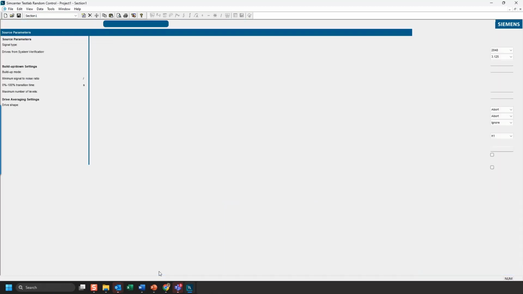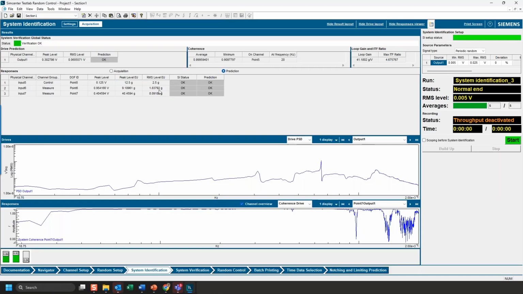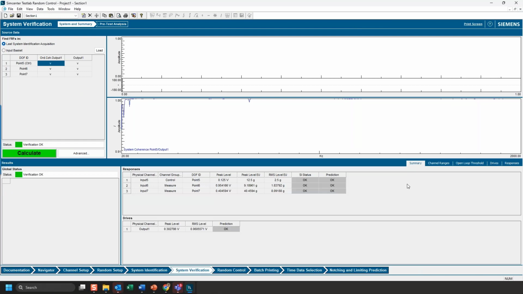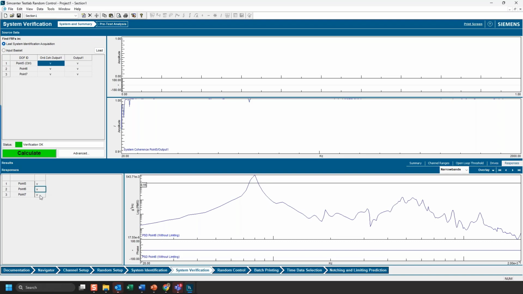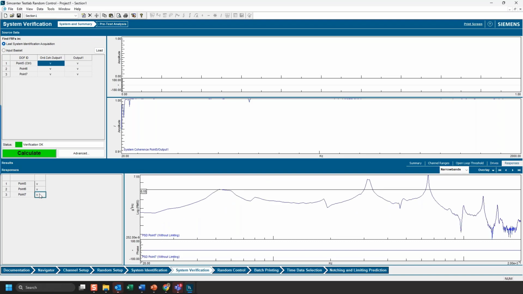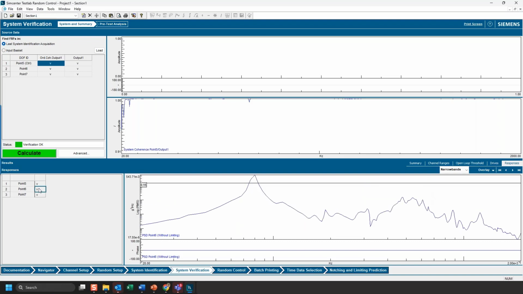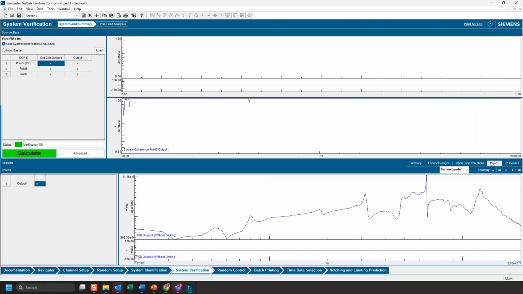System verification, we have all these levels here of the peaks that we're going to see. But you can also go into system verification here and take a look at the response channels individually. So we can see, before we even start our test, where we might expect to see high response values. We can also take a look at the drive and see if that looks reasonable as well.